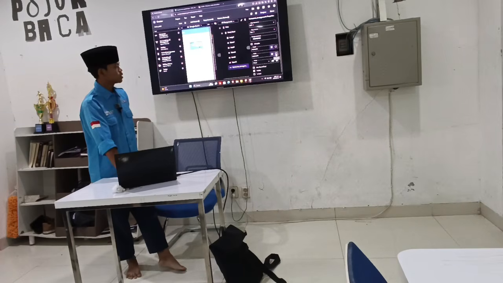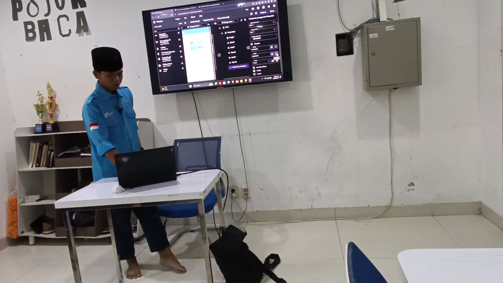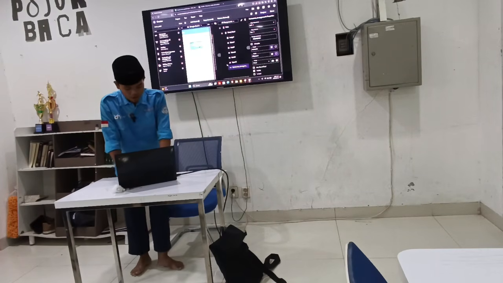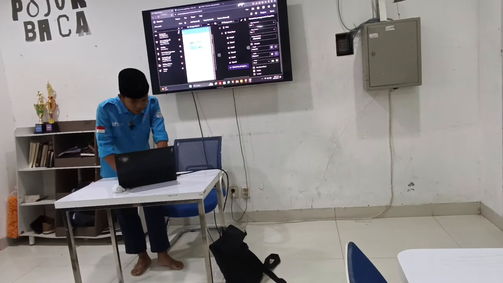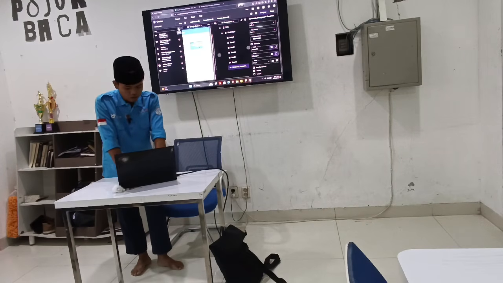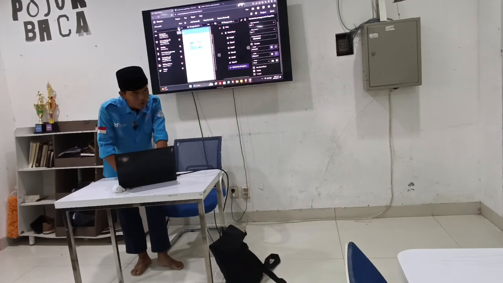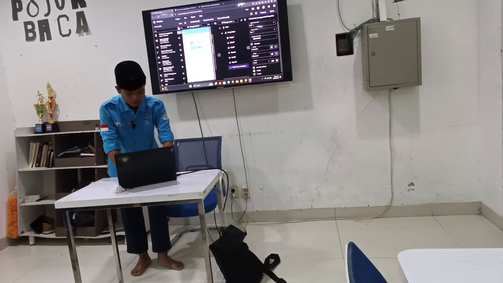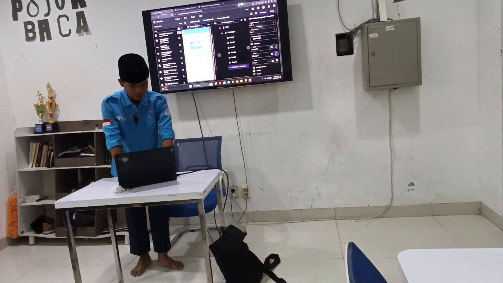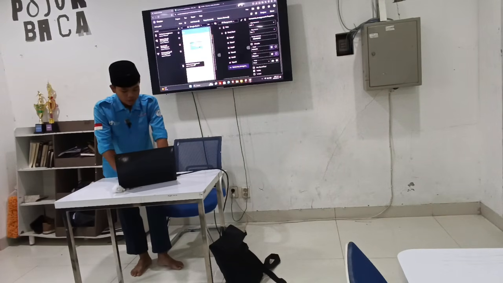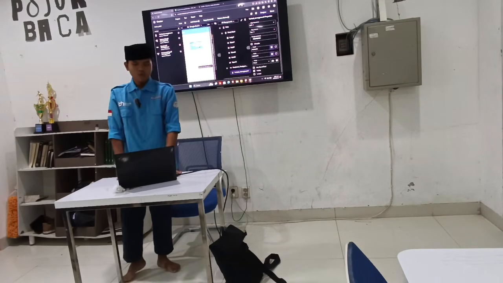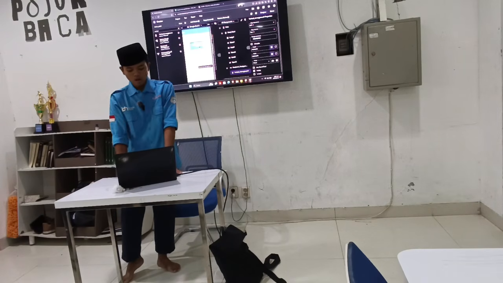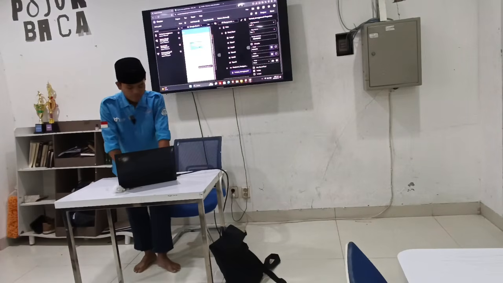To change it to fill parent, just click this one here. And then you can add an icon. You can add a vertical arrangement. So what is a vertical arrangement or horizontal arrangement? This is an element where if you put an element in it, it will become horizontal or vertical.